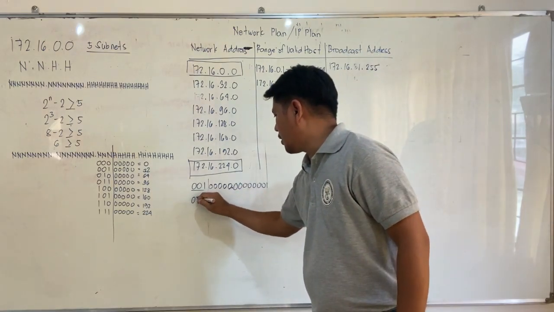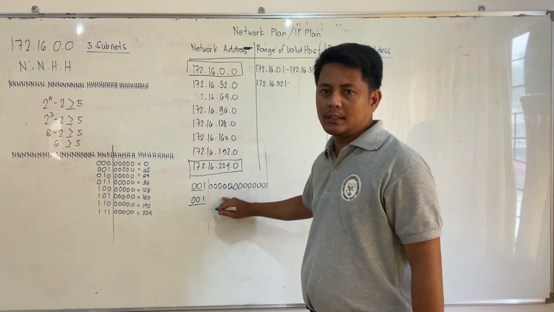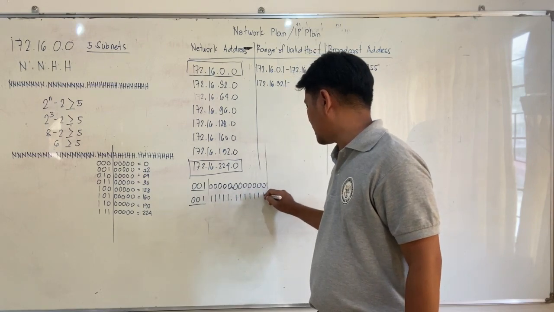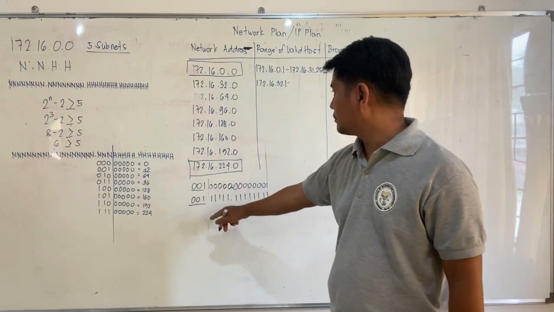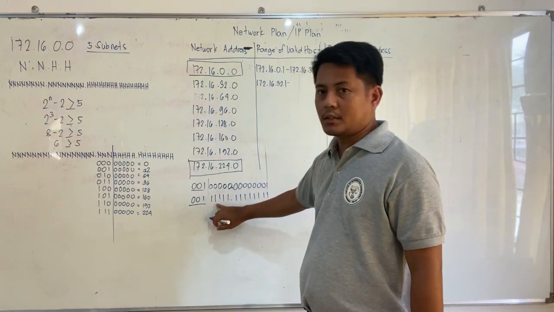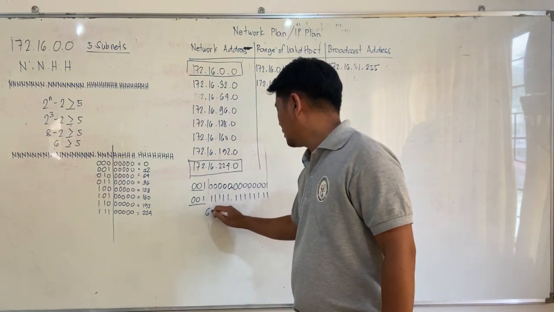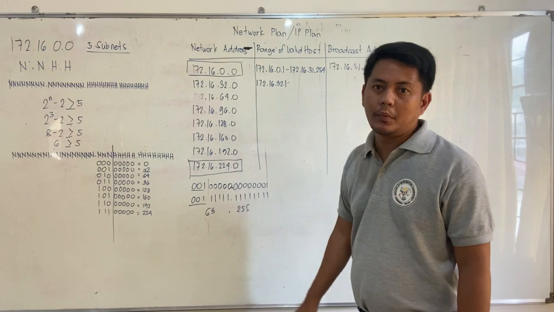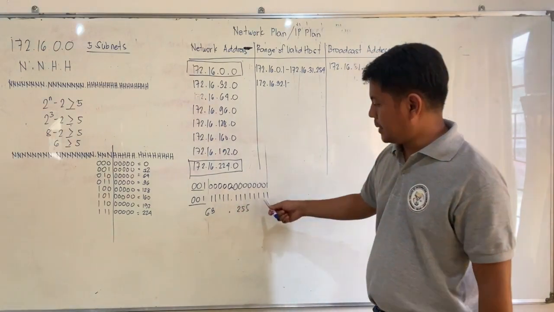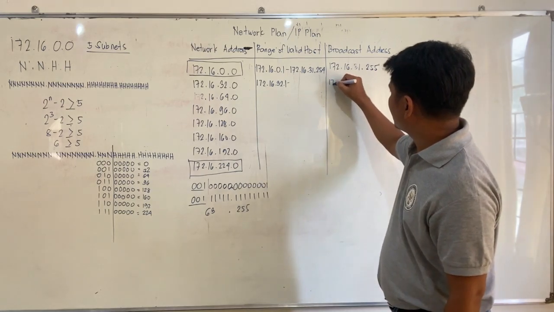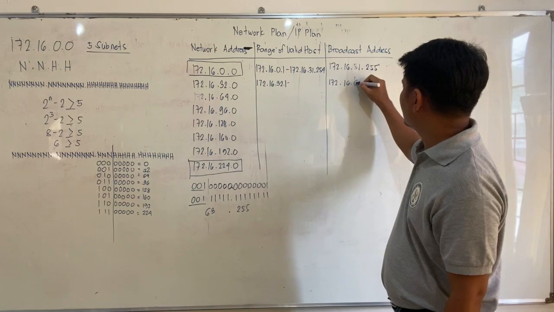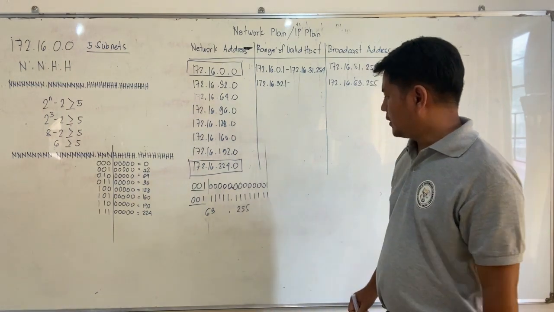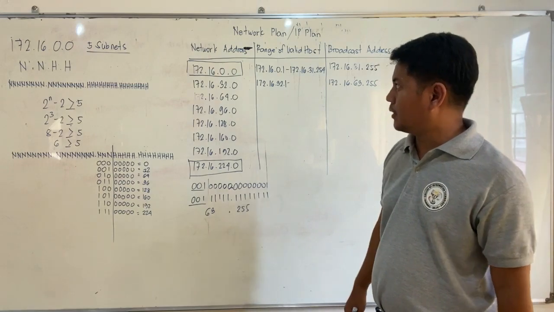if we turn all host bits into all ones, we have 1, 2, 3, 4, 5 and 1, 2, 3, 4, 5, 6, 7, 8. This will now be equivalent to 32 plus 16 plus 8 plus 4 plus 2 plus 1, that is equivalent to 63. And 11111111 is equivalent to 255. Okay? So this will be our broadcast address, 172.16.63.255. Right? And to define the last valid host for this particular network address,